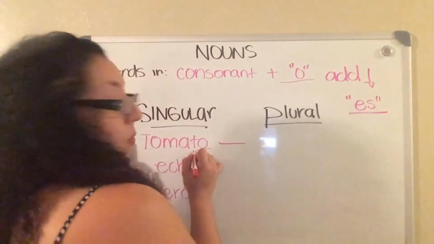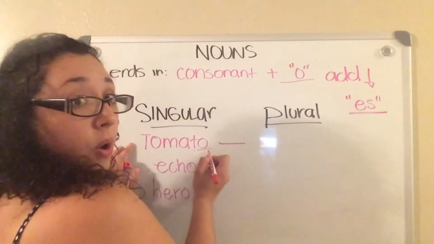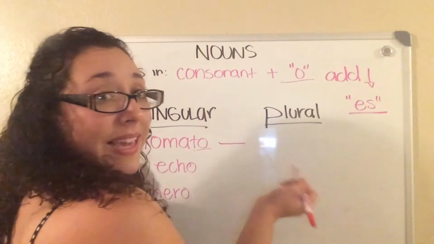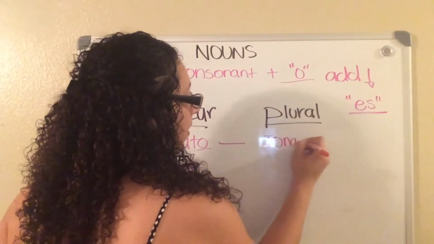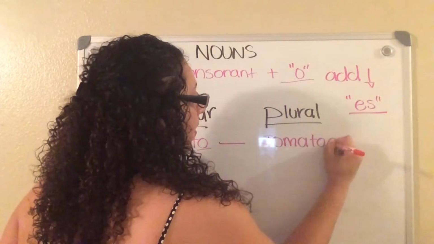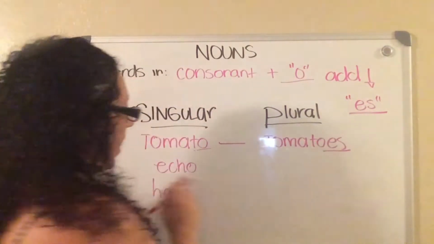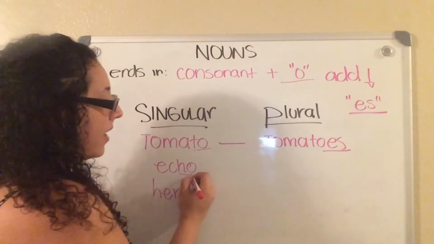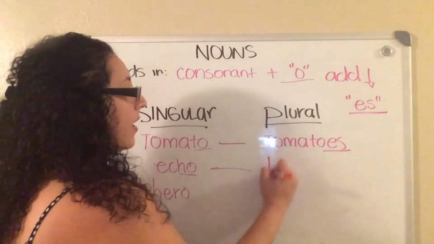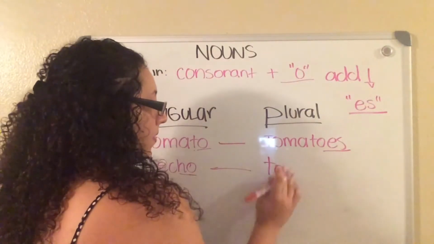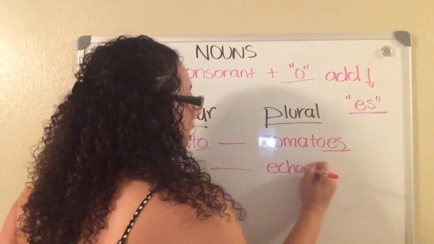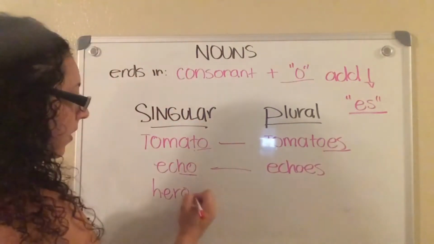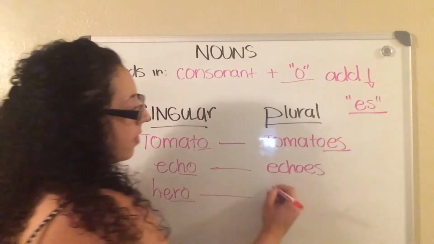Since it ends with a T and an O, you would just add ES after the O. Echo, it ends with H and O, you would just add ES after the O. Echoes. And the same thing with hero,